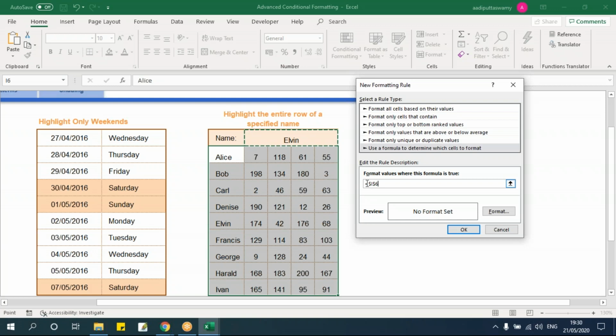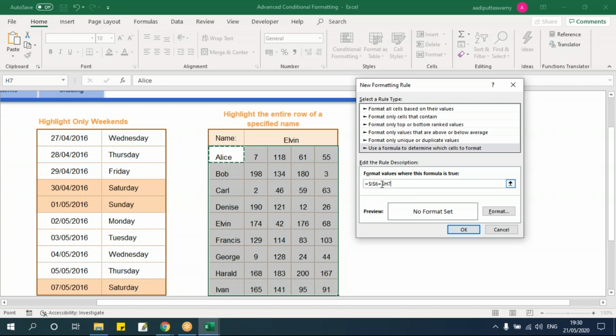Now let this be absolute because this is the value what we are checking with these names. Equals, I will select this. Now when I'm selecting this cell, the column has to be fixed because the name is in this H column, but the row number should change. Now what I'll do, I'll say F4, F4.